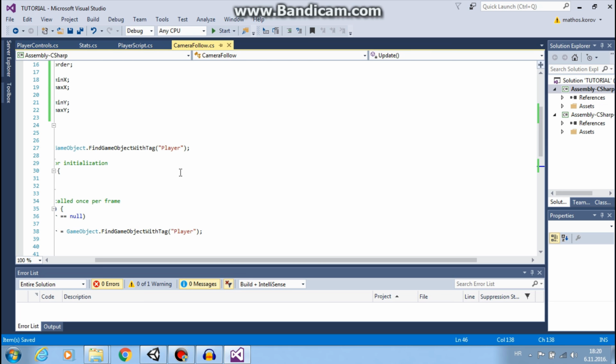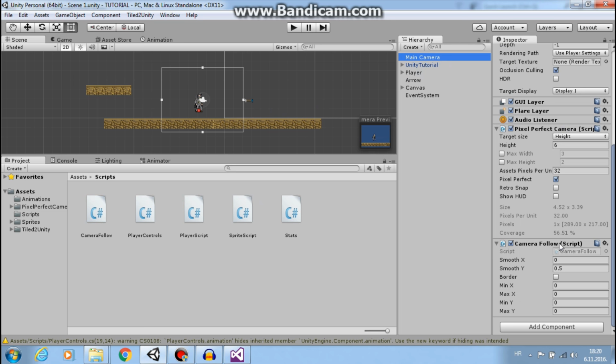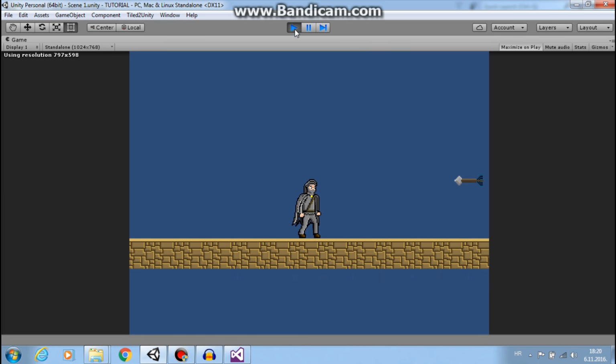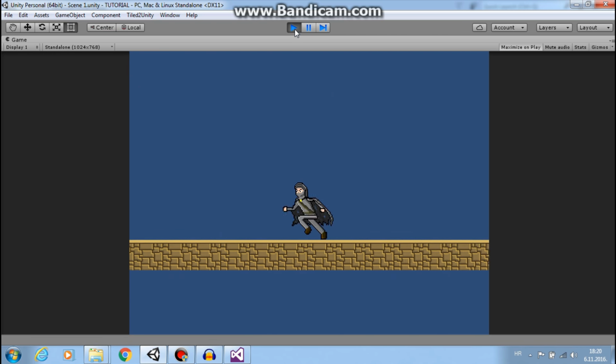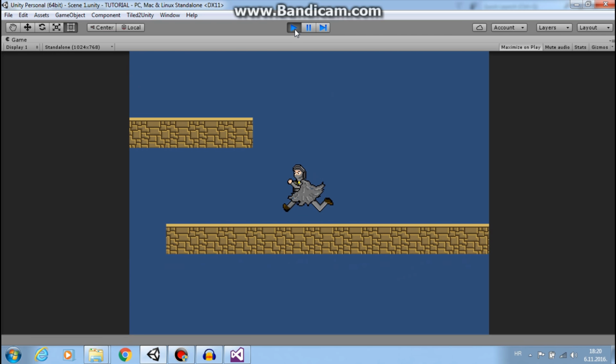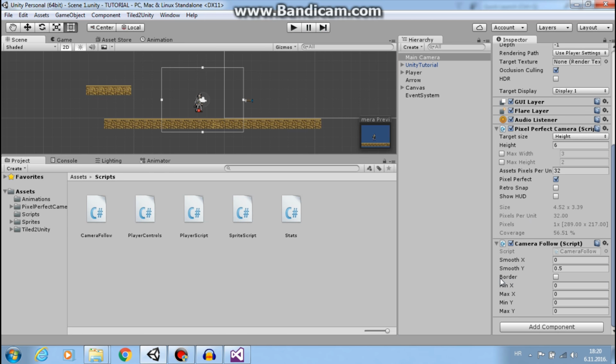So let's go back to Unity to see if it's working. First, I want to play with border at false. So as you can see, camera follows my player perfectly. That's great. But if I turn on my border, so if my border is true,